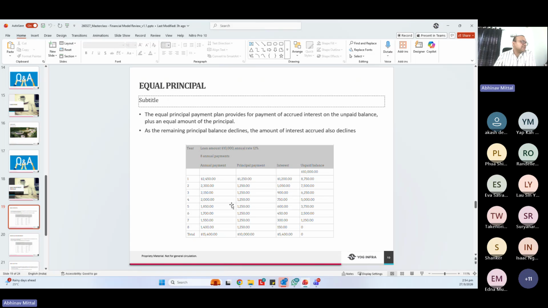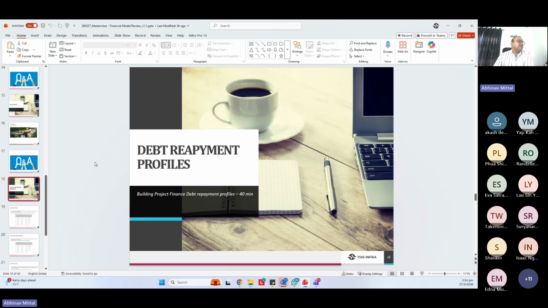So that you can see on the table as well that you have an opening balance. It's 1250 every year. So 10,000 has been repaid accordingly. So let me just take away the file. In an equal principal payment,